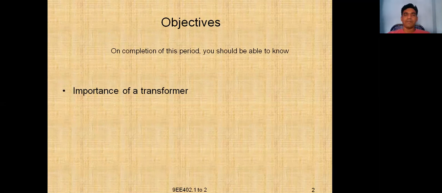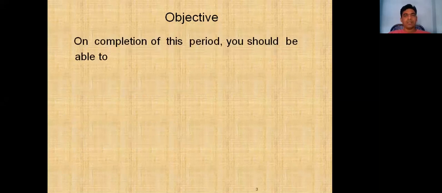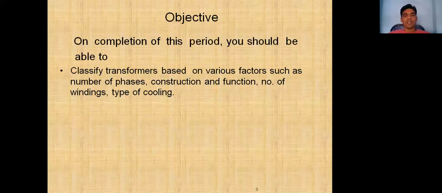On completion of this period, you will be able to know the importance of a transformer, features of a transformer, working principle of a transformer, and also classification of transformers